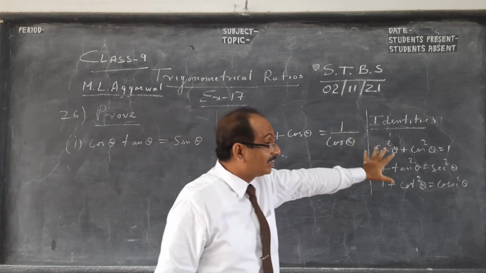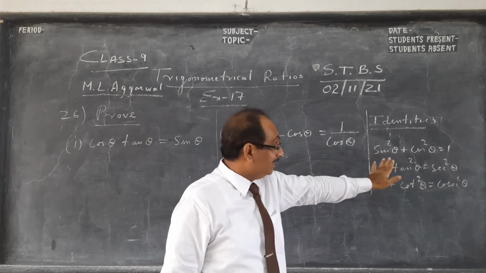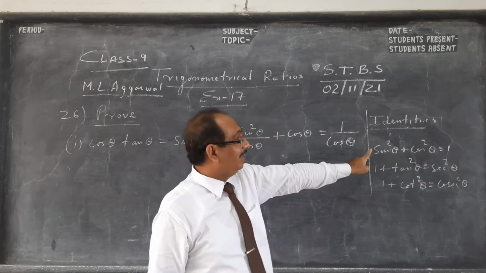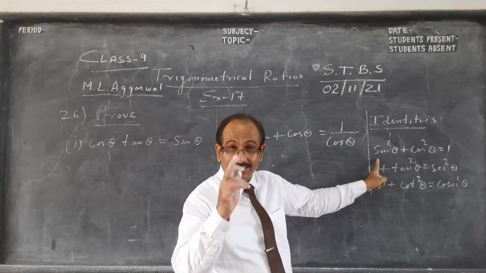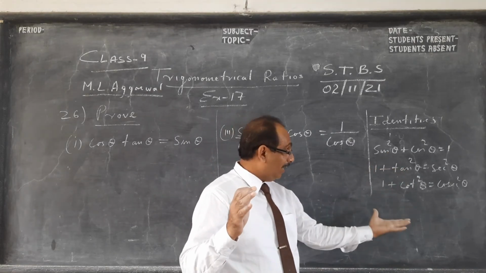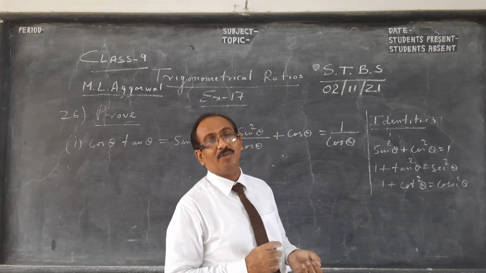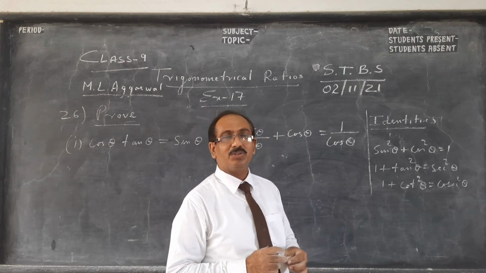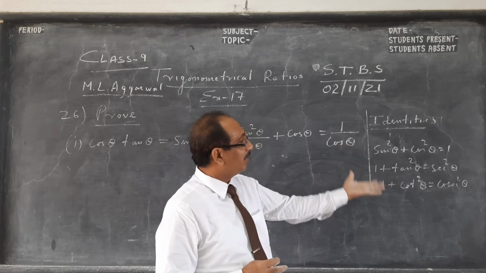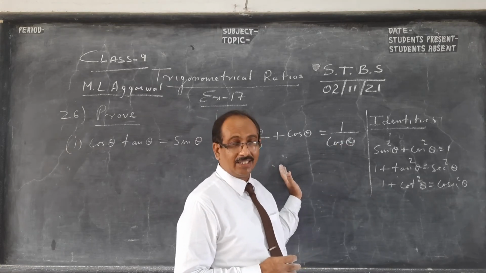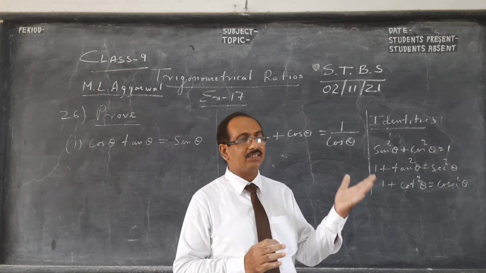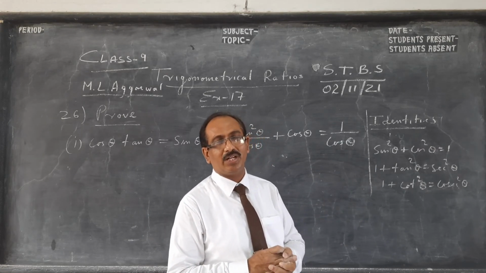This is in your chapter, your book, just before the start of the solved examples. This is not mine. 3 identities, and this is there in class 10, one full chapter on this. So you can see one of my videos. After doing this, you will understand and appreciate it better. Because many children, those who have not done class 9 nicely, find it difficult to do this particular thing in class 10. That's why this is already my 3rd video, and 1 or 2 more here, and on standard angles definitely 4-5 videos will be there.